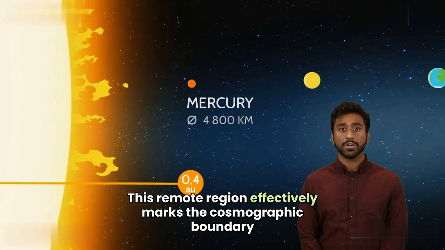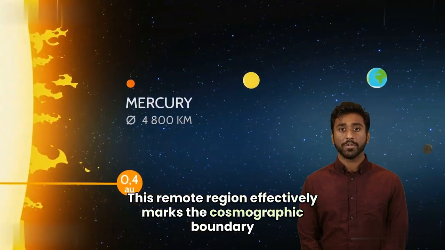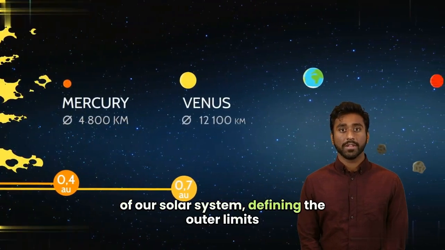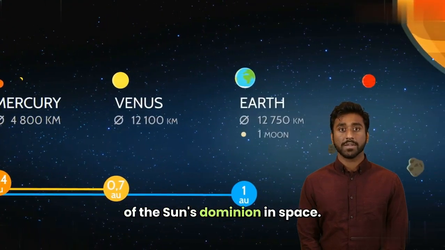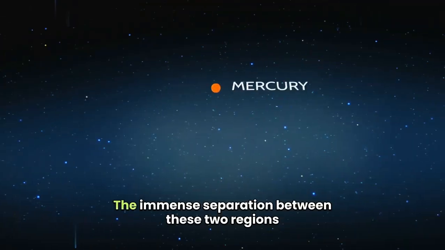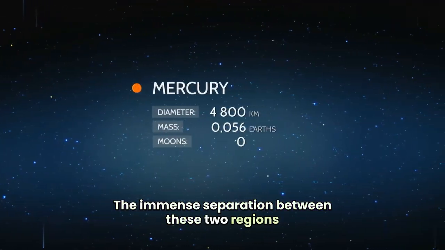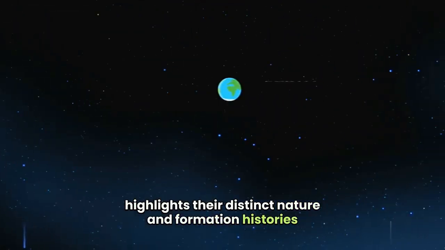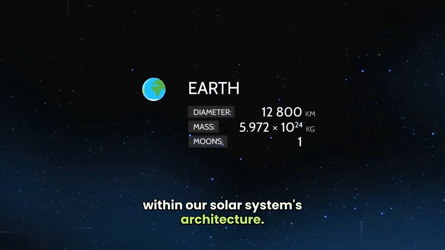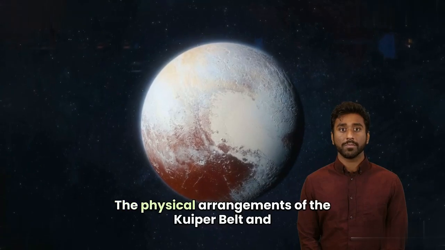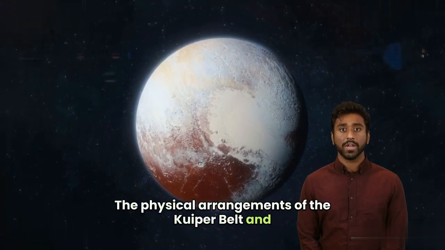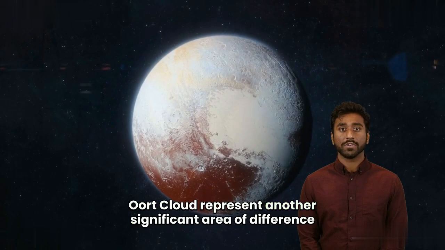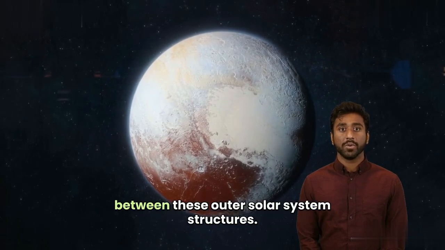This remote region effectively marks the cosmographic boundary of our solar system, defining the outer limits of the Sun's dominion in space. The immense separation between these two regions highlights their distinct nature and formation histories within our solar system's architecture. The physical arrangements of the Kuiper Belt and Oort Cloud represent another significant area of difference between these outer